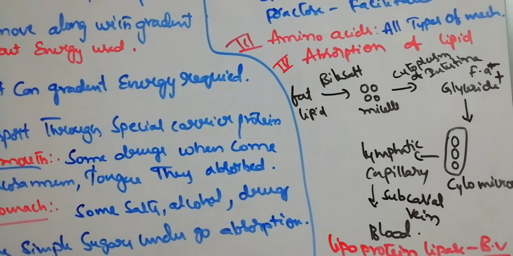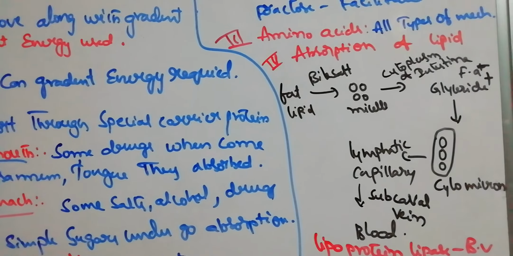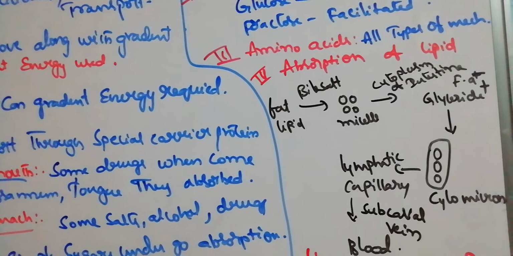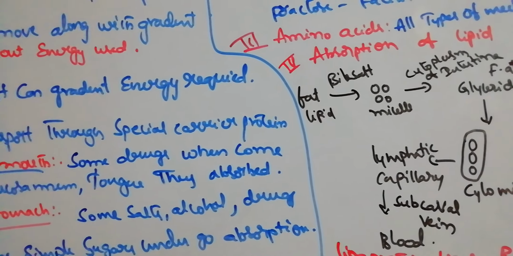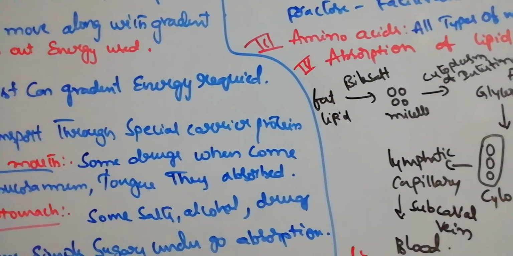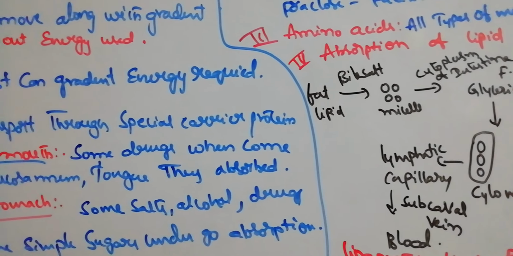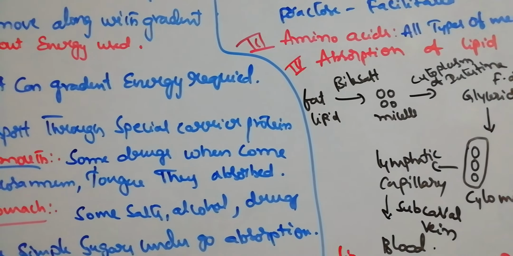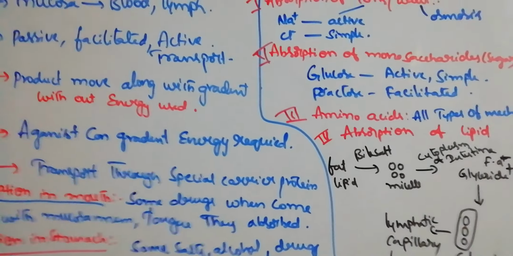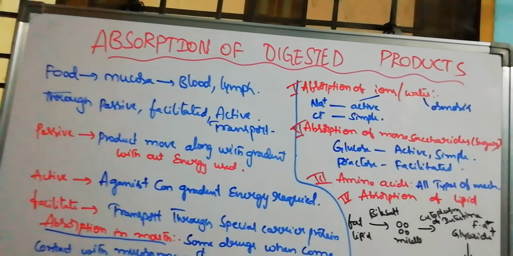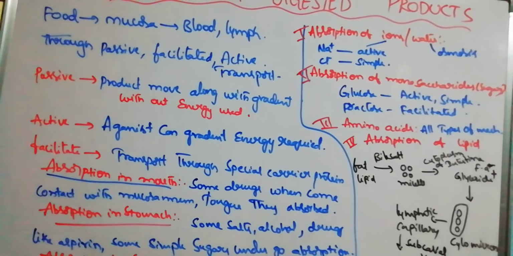Why is cholesterol synthesized here? Because from that cholesterol, many hormones, sex hormones, and others are synthesized. That's why fats are converted into cholesterol in the liver. So lipolysis and lipogenesis take place in the liver. So this is about the absorption of nutrients in different parts of the body.